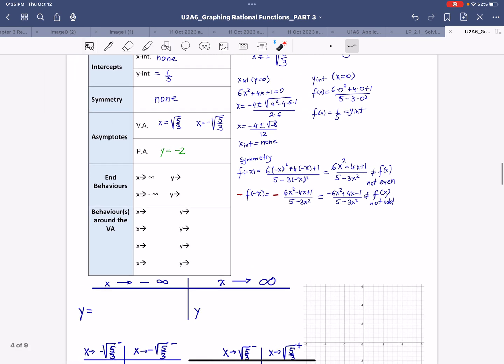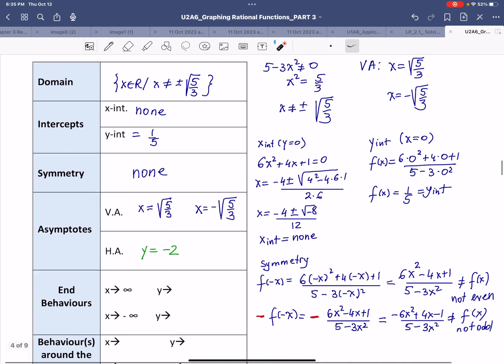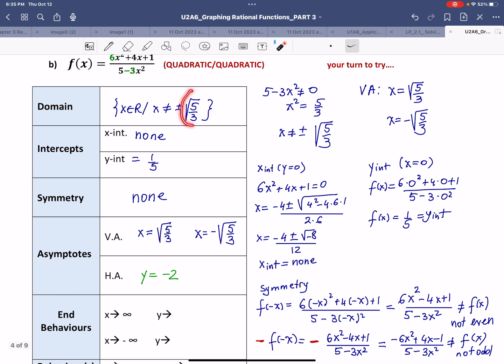So we'll start off with the vertical asymptotes. And obviously, as you can see here, the vertical asymptotes are in radical form. When you state the vertical asymptotes, they're connected to the domain. So it's very important that you write the equations in exact form. However, when you have asymptotes in radical form, you want to find the approximate value of it in decimal form. So the square root